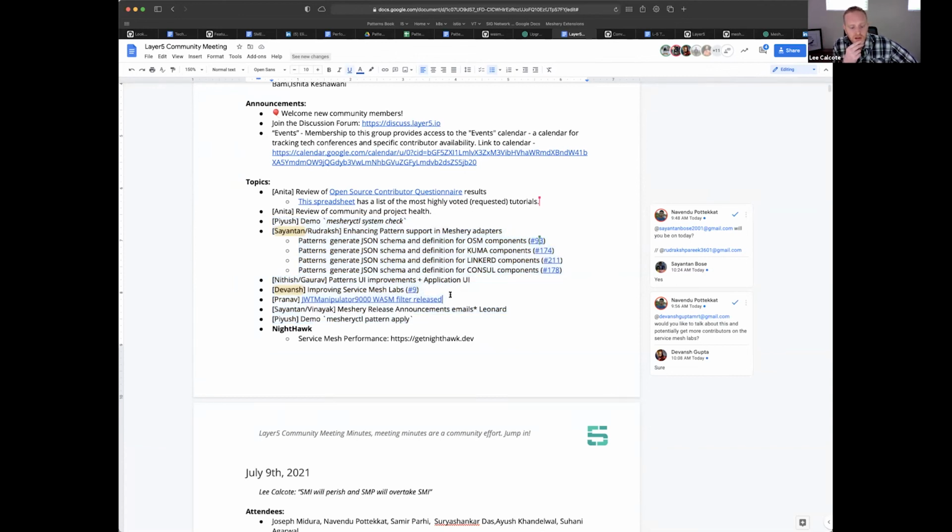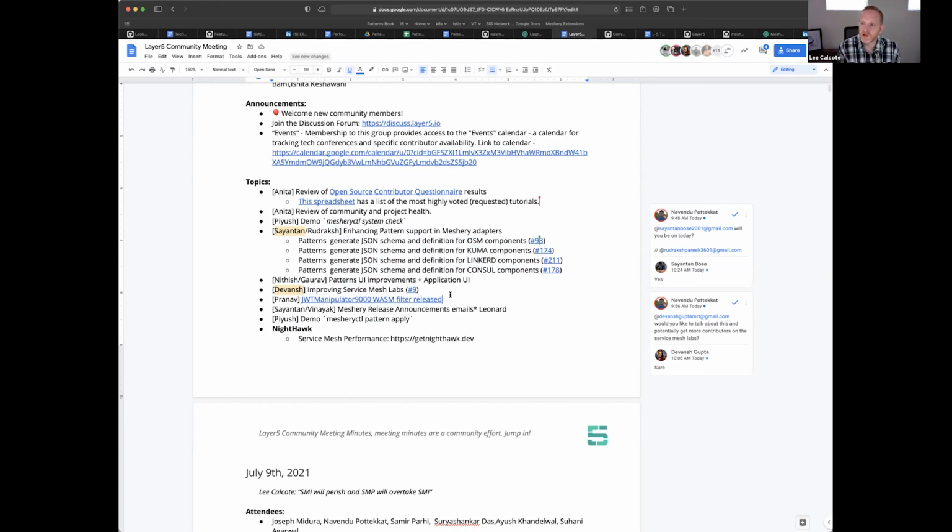On Tuesday, we have a MeshMap call. So we talk about the visual topology. Wednesday, we have the mesh redevelopment meeting. Thursday, we might have 3 meetings potentially. Every other Thursday, we have the